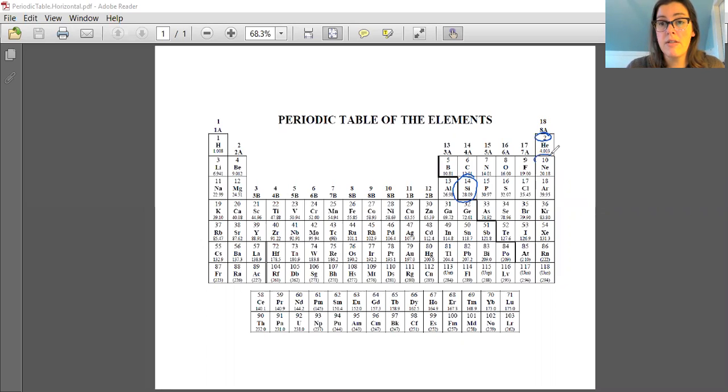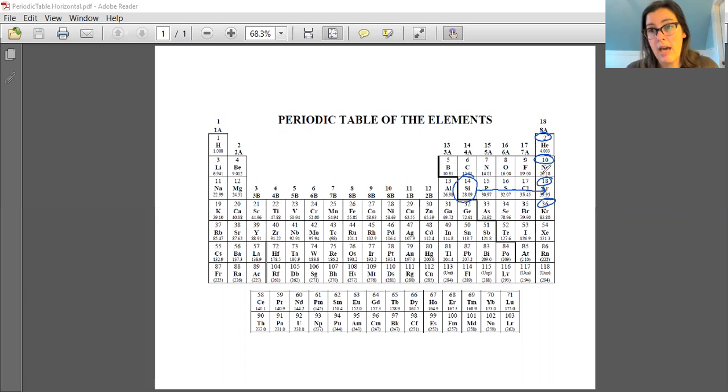So all of these numbers in group 18, these are the noble gas electron configurations, and these are the only shortcuts we can use. So for example, for silicon, we're going to use the noble gas that comes just before silicon. Now, silicon is number 14, and when we go and we look at our noble gases in group 18,